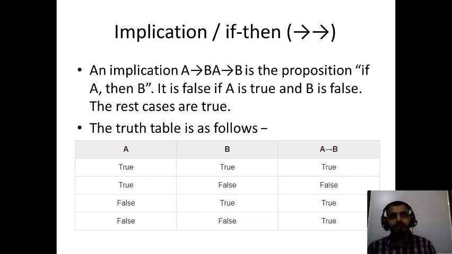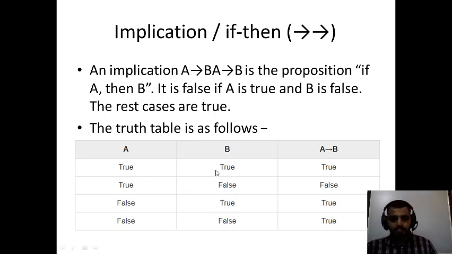Or in a simpler way, I can say the things which are in A should be present in B. If there is something which is in A and not in B, it means it is false. If there is nothing in A but there is something present in B, then it is true. Why? Because A has nothing, B has something. That is what is being said over here.